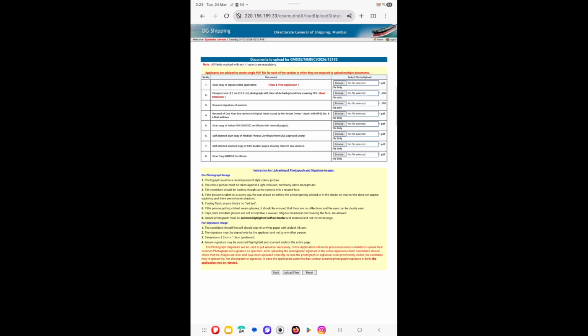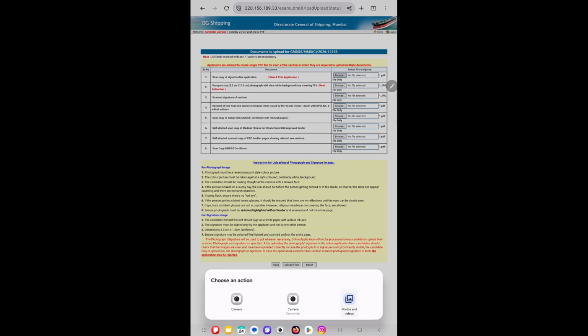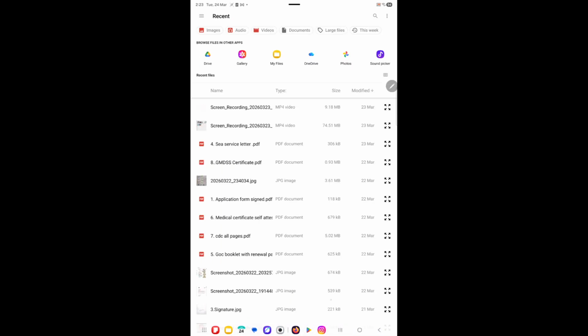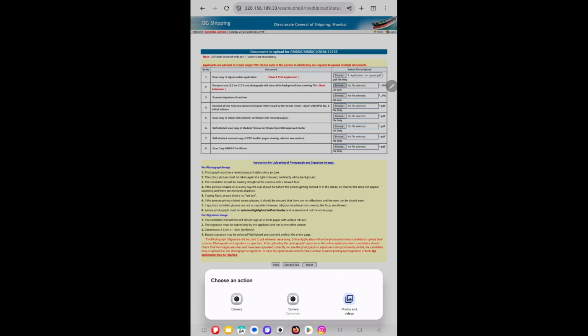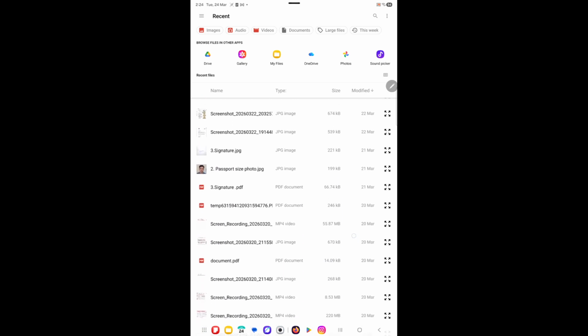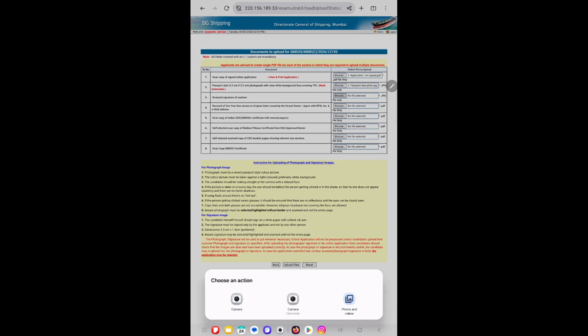I'll suggest you that you please make the file accordingly, or save the file in file manager or photos in photo section, so it will be very easy for you in uploading one by one document. Also name them beforehand as mentioned in the screen, so it will be very easy for you. And in this there will be no error of misplacing the documents or the sequence getting changed sometimes. So the best option is this only.